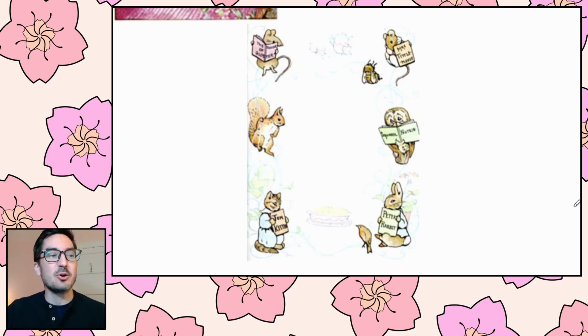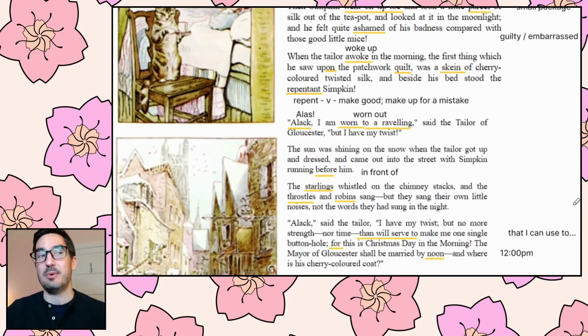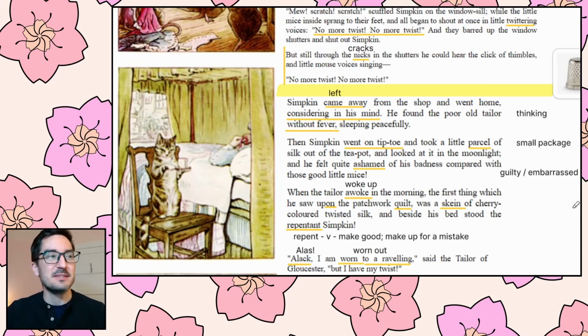Okay, so what we can do, we can go back and read this part one more time, and then we can say goodbye for today. Okay, so 1 second. Duffy says, I